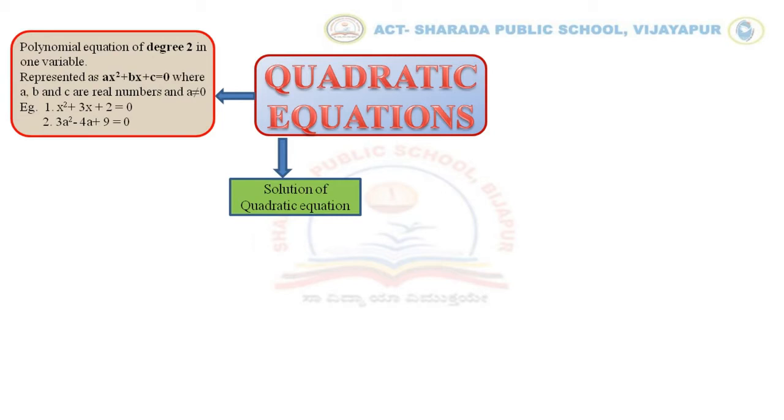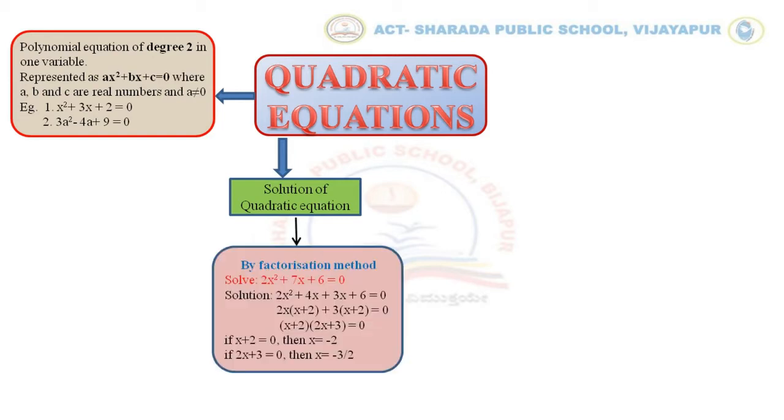And to find the solution of a quadratic equation, we discussed different methods. The first one is the factorization method. This is the simplest one, and the example is 2x square plus 7x plus 6 is equal to 0. To find the value of x, we follow the splitting of the middle term. That is 2x square plus 4x plus 3x plus 6 is equal to 0,